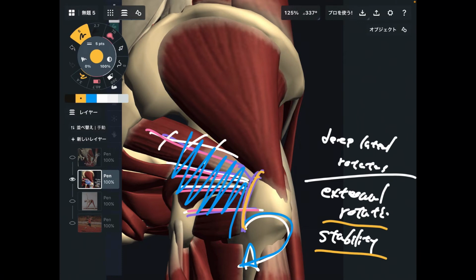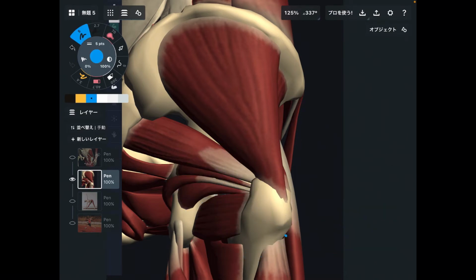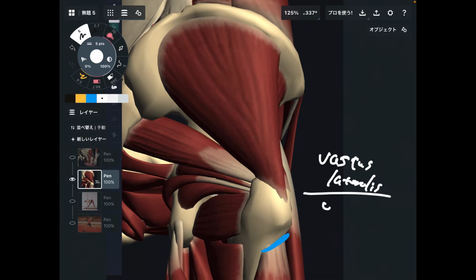Okay, this is on the posterior part. And there is a muscle attachment on the inferior part. This muscle is not actually a hip muscle. This is vastus lateralis. This is part of the quadriceps. So this is a knee joint muscle. The function is, of course, knee extension. So if vastus lateralis gets tight, that affects the knee joint. It looks like not much effect for the hip joint.